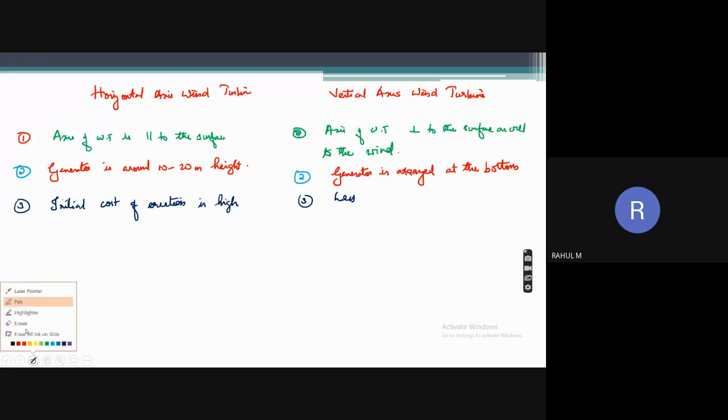Now, next one, maintenance cost. Which will be higher? Horizontal or vertical? Horizontal, right? So maintenance cost will be high for horizontal axis because